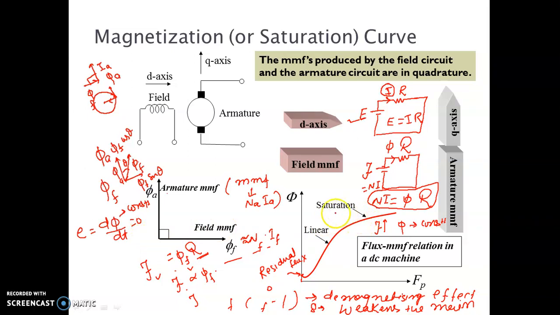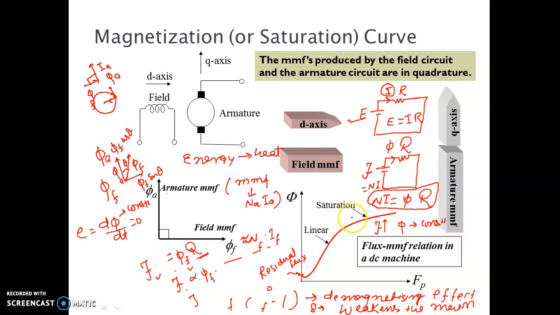So why do we not want saturation? When saturation comes, what problem will come with the machine? We are giving the magnetomotive force, but it is not producing the effect of changing flux. So this whole energy will go into heat, and more heating will take place in the armature. It may be possible that insulation gets damaged and the machine gets short circuited. So saturation should not come.